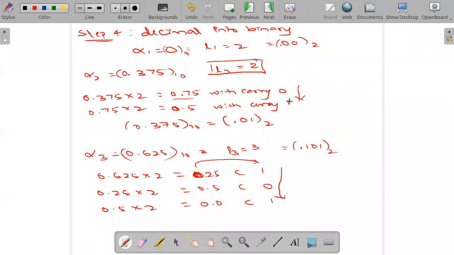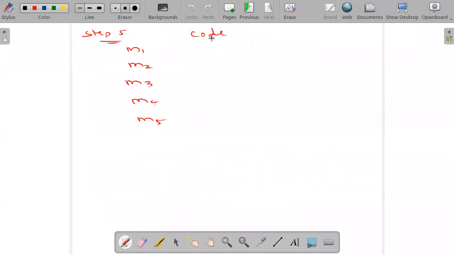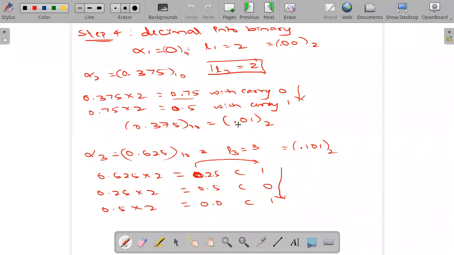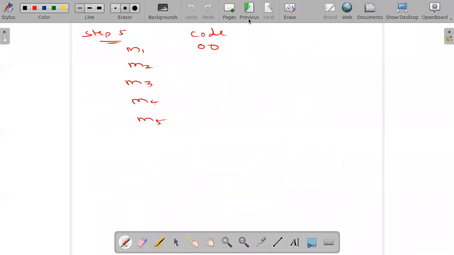Now how has it to be written? If I want to write a code for all of these, I should remove this decimal point and write whatever bits it is going to indicate. Now see here what I am going to do. For M1 it is 00, M2 it is how much? Where is the conversion of alpha 2? Alpha 2 conversion is 0.01. So remove this decimal point, keep this much of the value. This will be indicated as code now, 01. Only removing the decimal point and keeping it as it is called the code here.